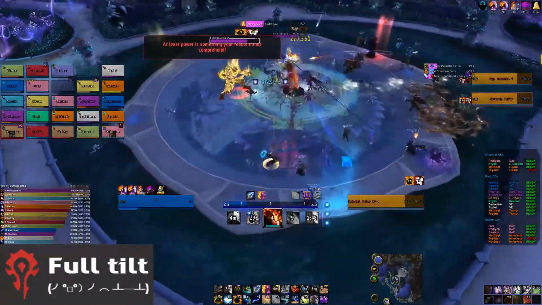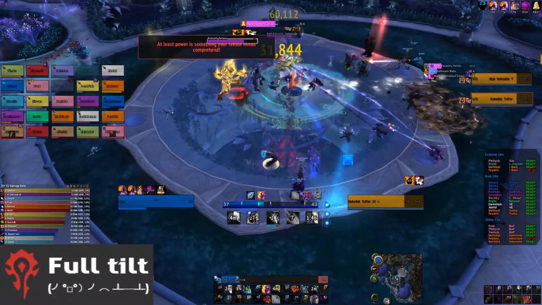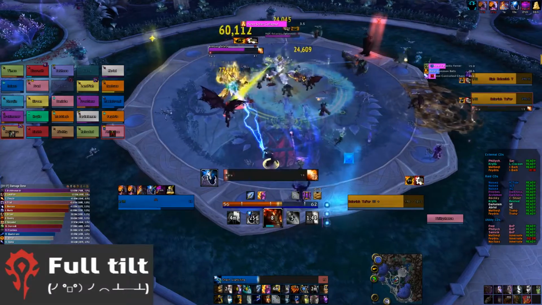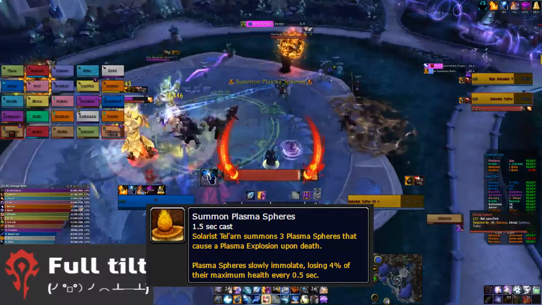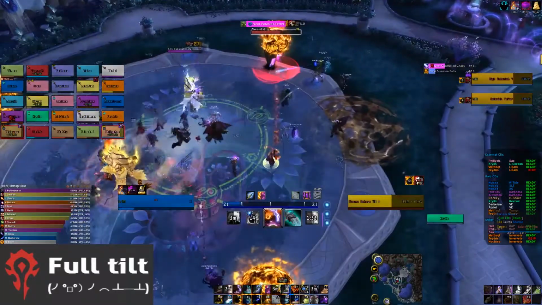Once he reaches 75% health, he'll split into a second version of himself. This version takes the Solar Collapse ability from him and also will summon Plasma Spheres. These Plasma Spheres will spawn in 3 designated spots in the room and will slowly take damage until they die